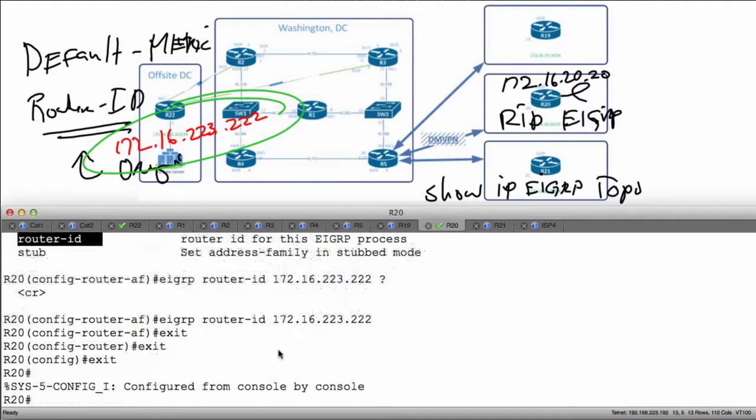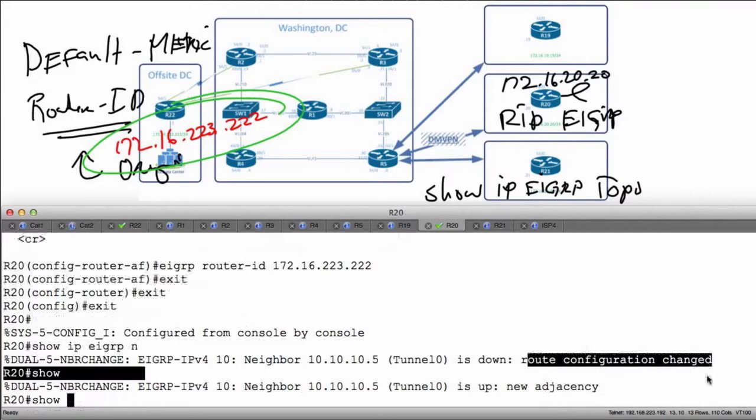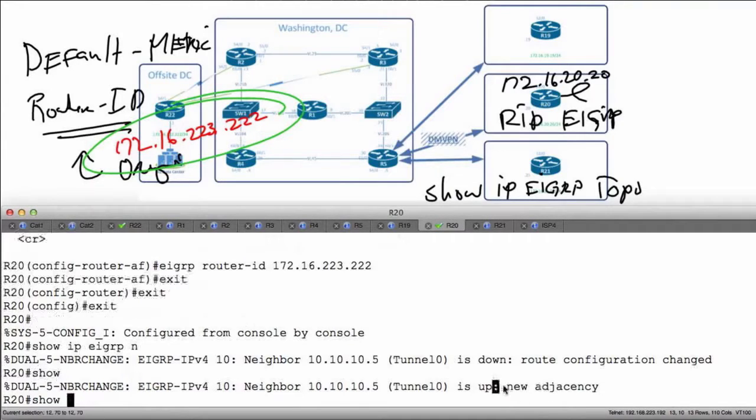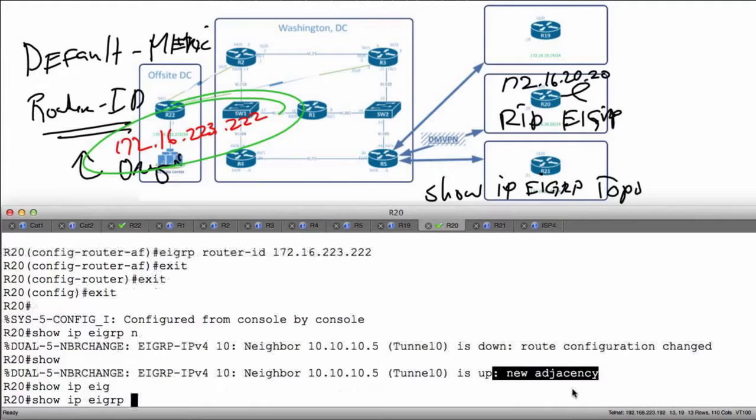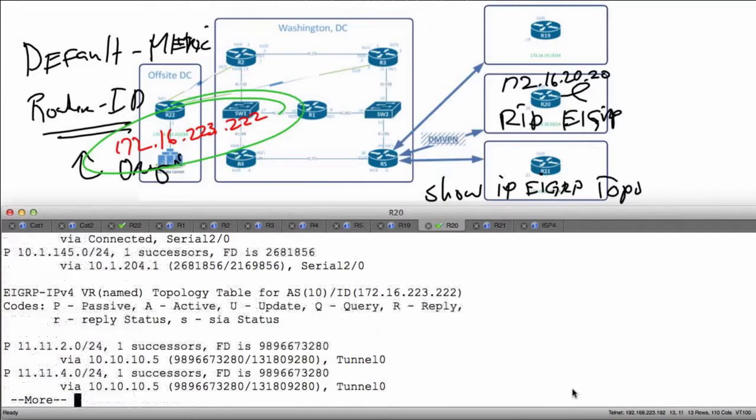Okay, let's see if this is being used now. So show IP EIGRP topology, and it went ahead and did it on its own. Notice the neighbor went down, route configuration changed, we have a new adjacency. So if I do show IP EIGRP topology table and hit enter and just scroll up,